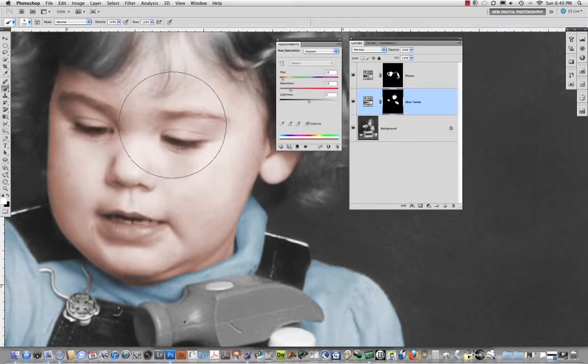So now we know that white reveals and black conceals. So I'm going to hit the D key and then the X key to make sure I'm painting with black. I'm going to zoom out of here, or at least zoom my tools down a little bit. Then I'm going to come in here with maybe about 75–80% and just come in and do something along this line. Come in here and get this. Come in here and get this. Again, down in here like that. And maybe come in and do a little bit more. And then I'm going to come along here and do